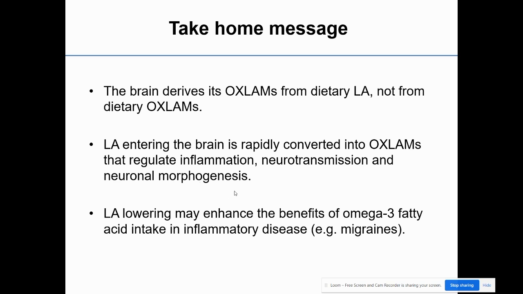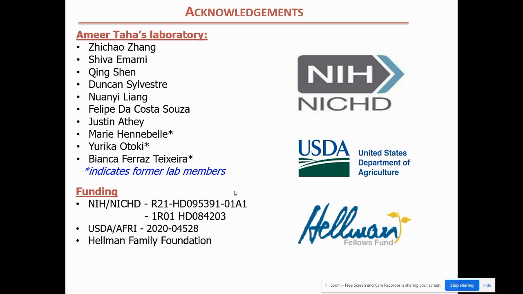Of course, much more work needs to be done to address whether this is a broad spectrum effect on other inflammatory diseases. With that, I'm going to wrap up by thanking members of my lab who contributed to these projects or are contributing until this day,